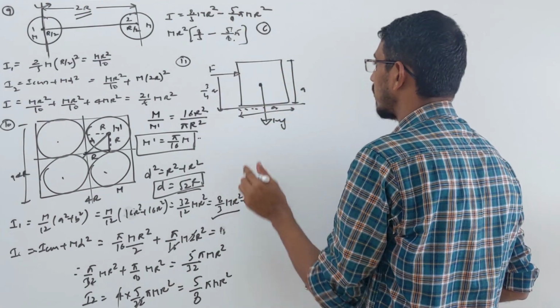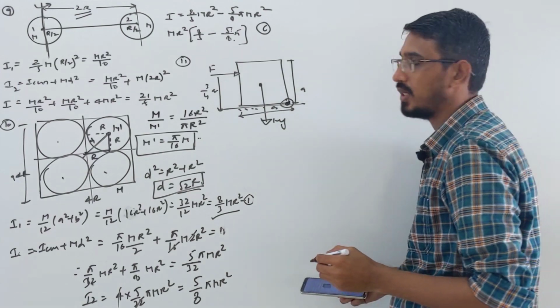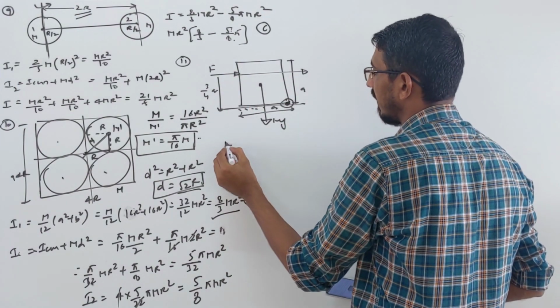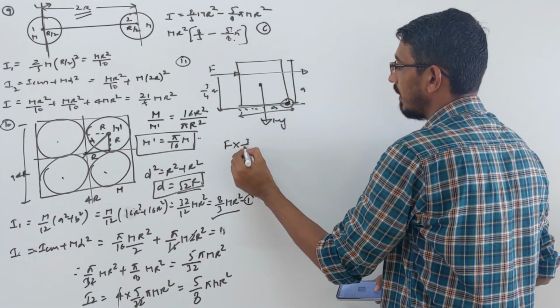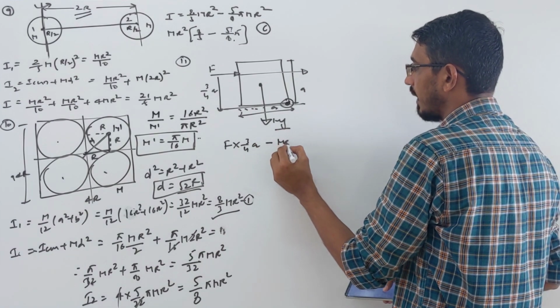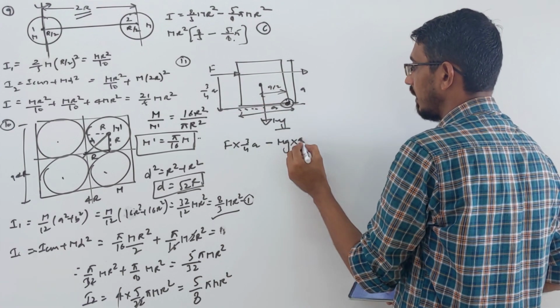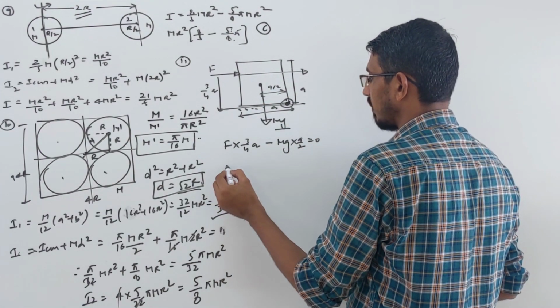It's very simple, use torque. This will tilt about that point. So what is the net torque about that point due to all forces? That force is acting along this line. So what is the torque due to that force? F into the perpendicular distance, which is given already as 3 by 4 of A, correct? Minus the other force, mg, acting at what distance? That distance is A by 2, right? Net torque equals 0. So F you have to calculate, that's your F.